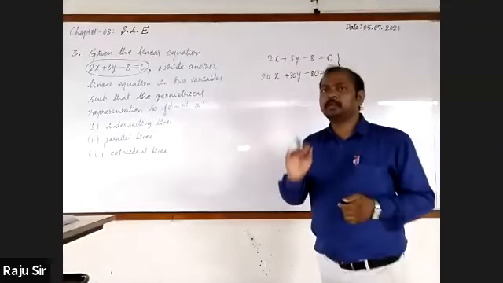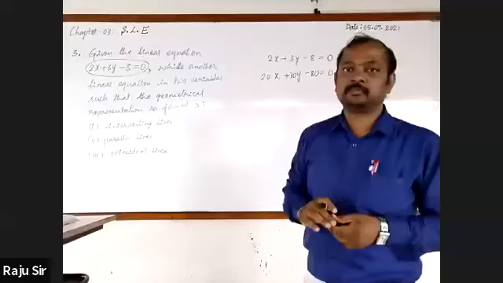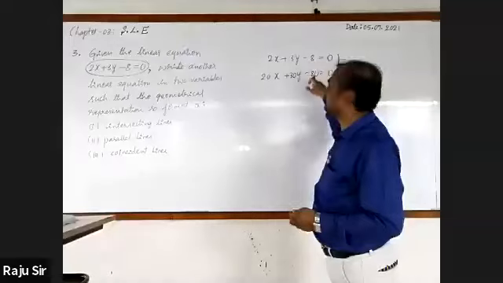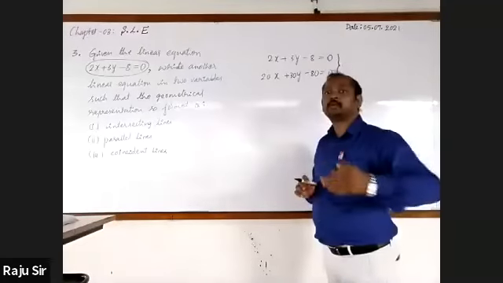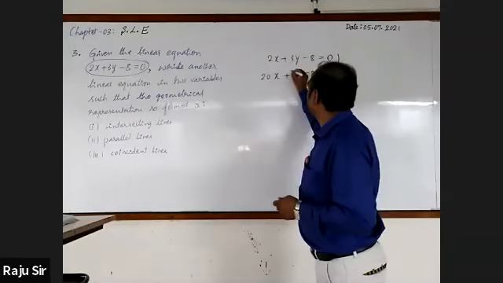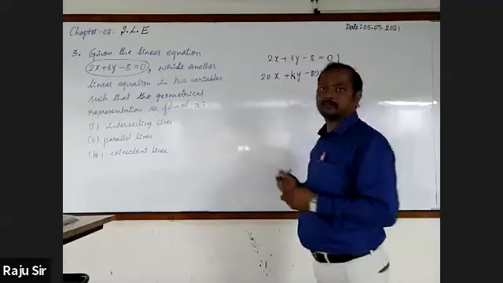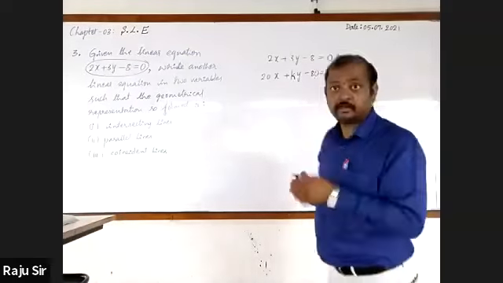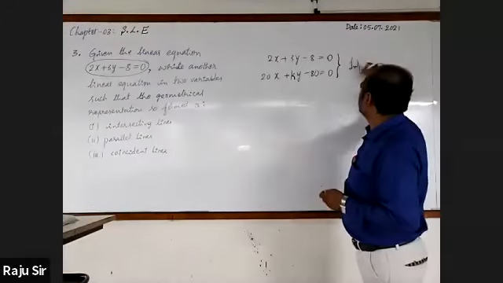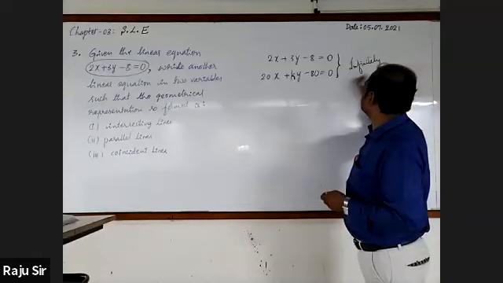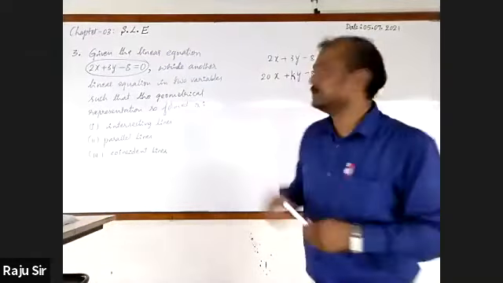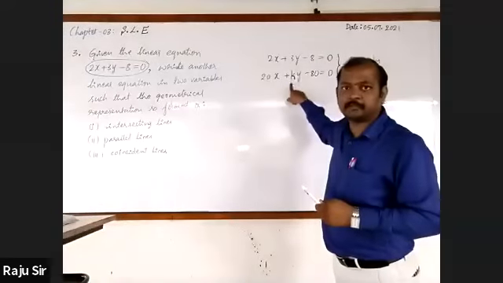Now I am going to introduce one unknown term. Known coefficients are 2, 3, 20, 30, minus 8, minus 80. I am going to introduce one unknown quantity. In the place of 30, I write K. Observe here, these are the two equations which have infinitely many solutions. If it is so, is it possible for us to find the value of K?